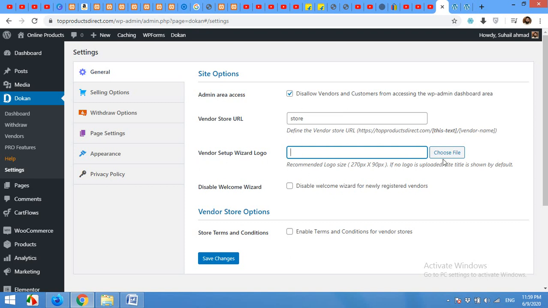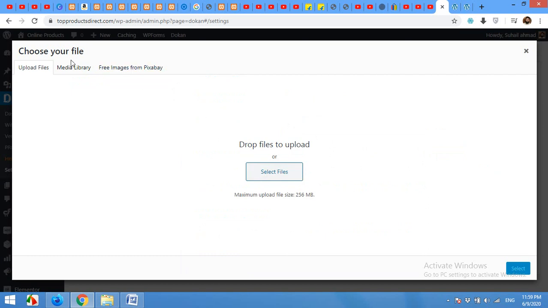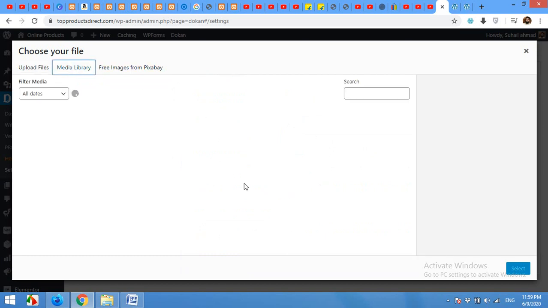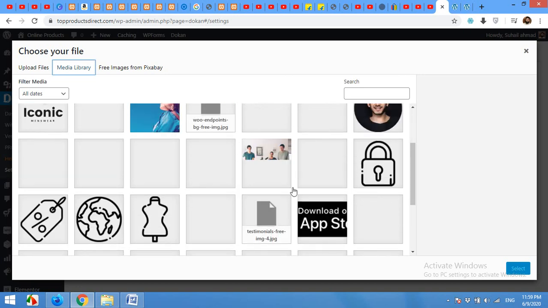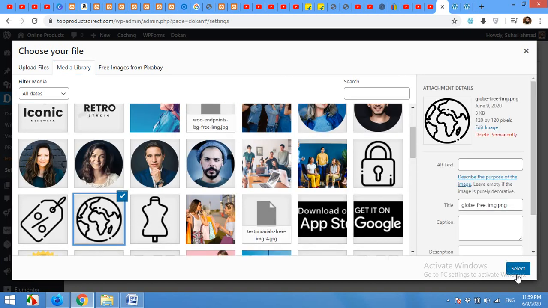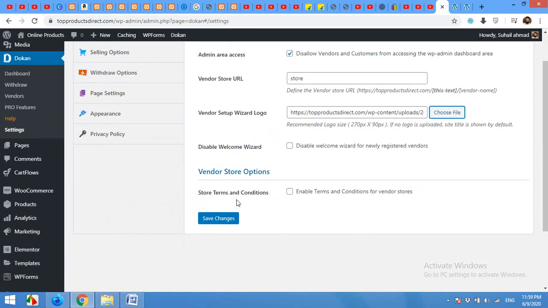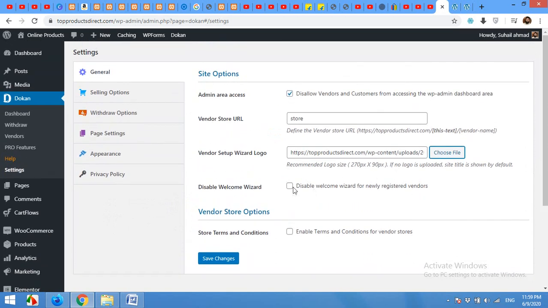So vendor setup logo, choose a file. I'll choose a random file from my media library so I can check what logo he chooses. I'll select this world icon, and I'll show you this world icon when showing you the vendor setup dashboard.